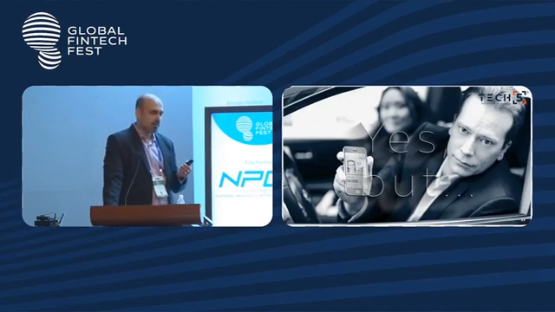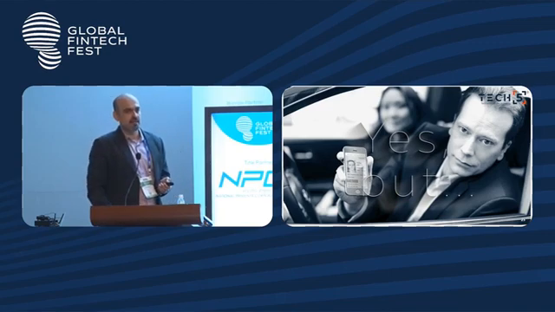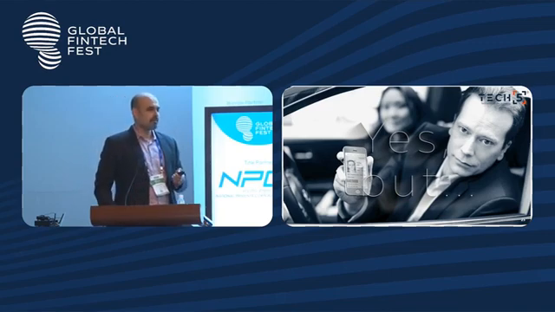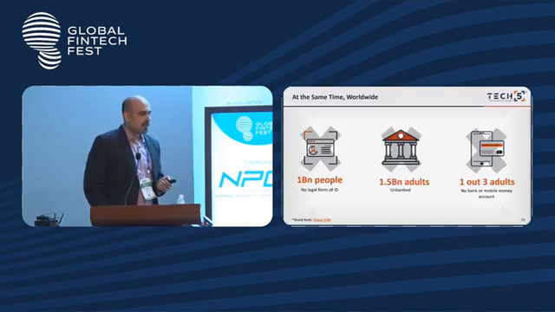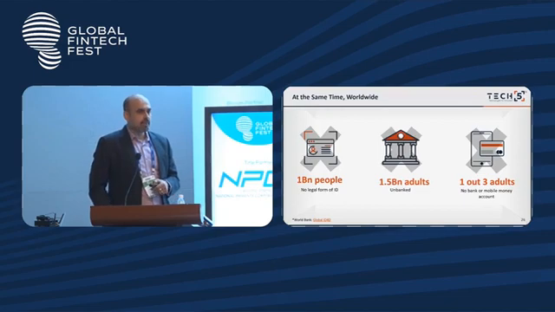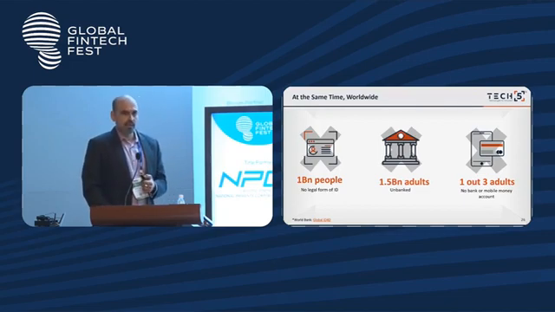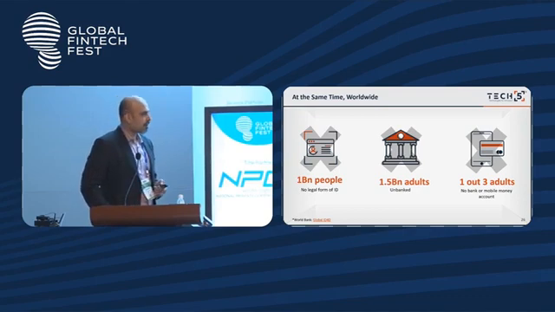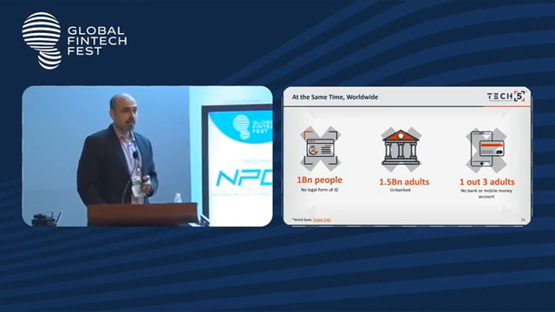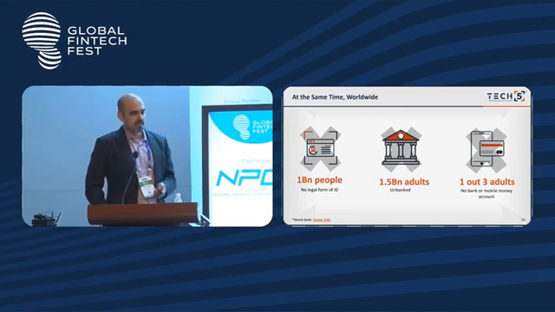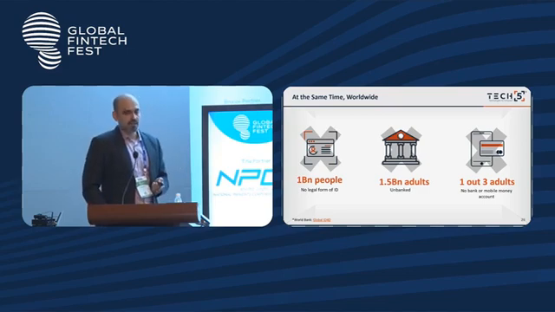I'm sure a lot of people would be familiar with this image. This is a typical digital driver's license, but it's being shown on a mobile phone, just as a rendering, right? But then what are we really talking about? Are people across the world, or are people in India also today equipped to go ahead and actually start showing the digital form of an ID, right? Because there are still 1 billion people with no legal form of identity. We have about 1.5 billion adults who are unbanked today. So there is a lot to be done, and 1 in 3 adults still don't have a bank account. It's a different case in India today with the Jan Dhan and all, thanks to the initiatives that we have taken. But this is actually a number that's coming from the World Bank, from their ID4D initiative.